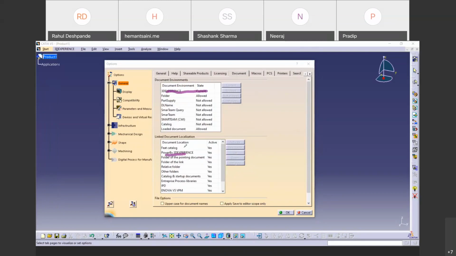It is a step below, which is, I think, okay. Fine. So 3D experience has to be current, and Power BI has to be yes and on top. So check these settings in your CATIA.